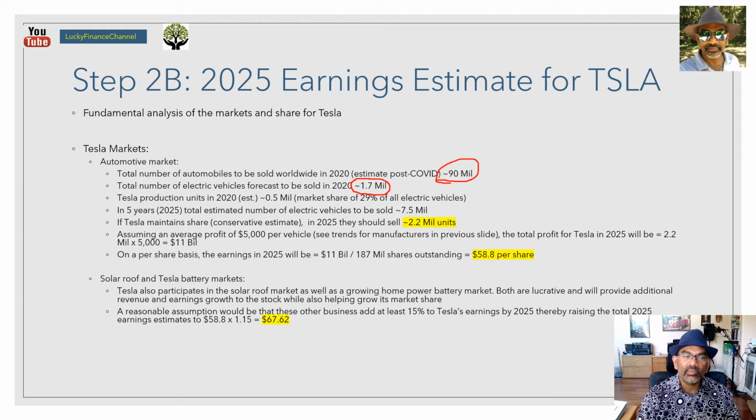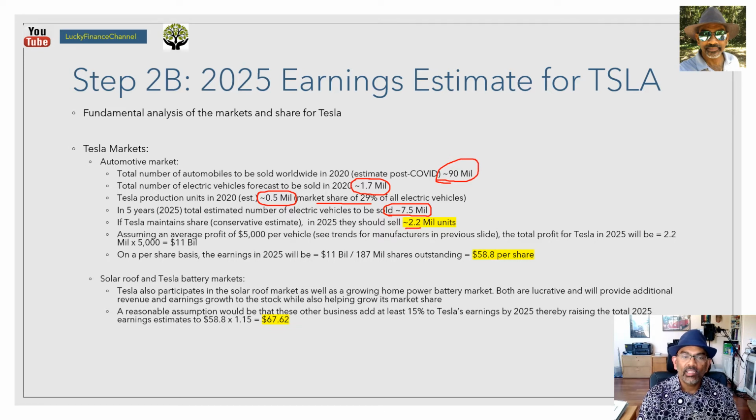The production for Tesla in 2020, a rough estimate is about 500,000 vehicles sold, and this is something that they themselves have confirmed. And as I mentioned earlier, we said their market share was about 29%. So in 5 years, previously the chart that we looked at, there was an estimate of about 7.5 million vehicles sold. If Tesla market share remains flat at about 29%, then they should sell in the range of 2.2 million